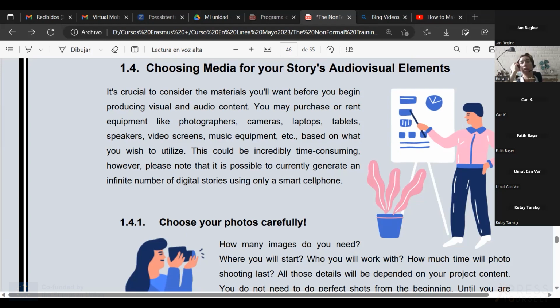But if not, you have to think carefully about which media you're going to use, and that is incredibly time consuming, but it is important to choose the adequate ones. I was showing you at the beginning of the day a photo editor that I might use to change, improve my photographs, but that one might not be good enough for video editing or to put all my pictures together. So think well enough about what you are going to choose.